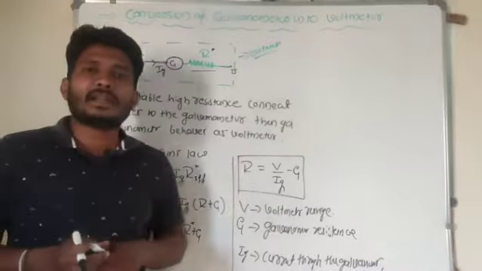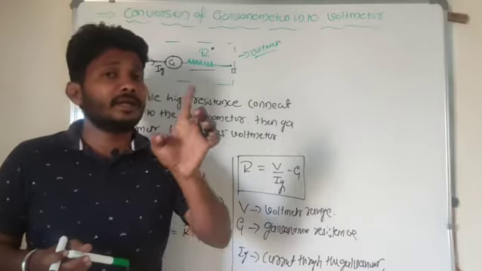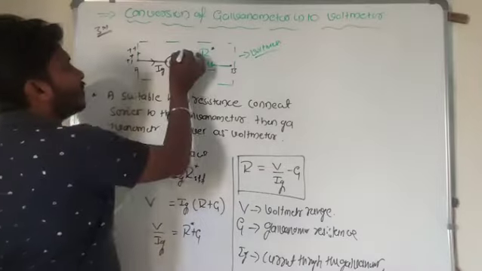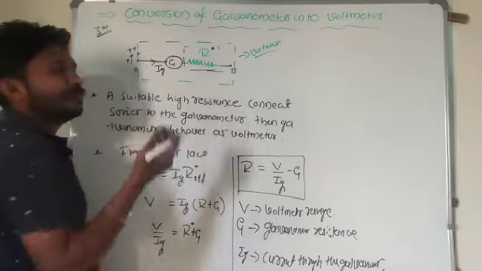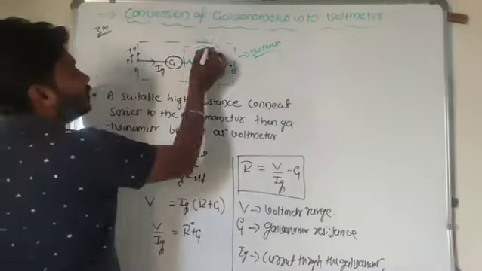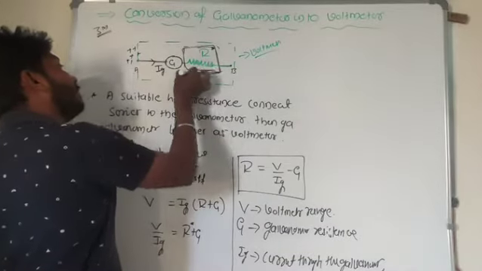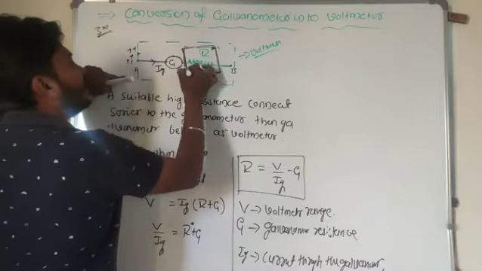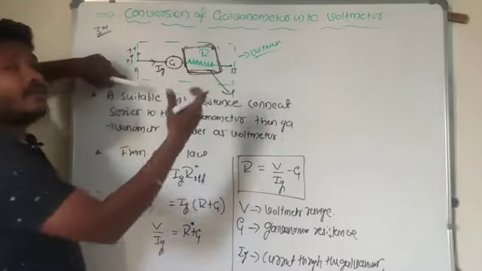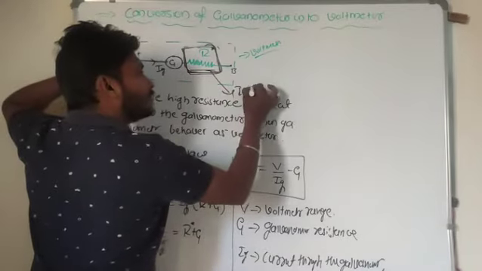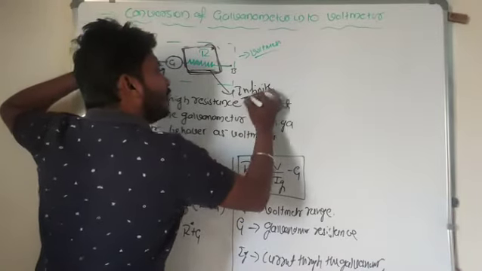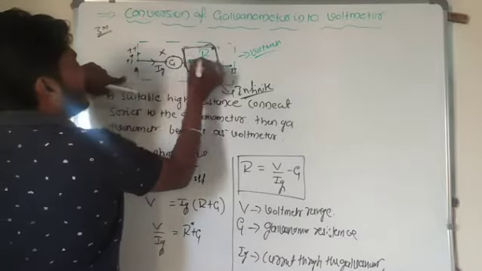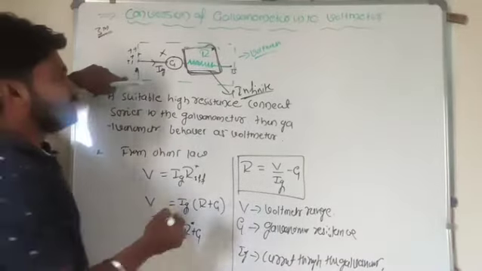In case of ammeter, I said ideal resistance of the ammeter is 0. Then in the similar way, what is the ideal resistance of the voltmeter? It means what should be the maximum possible high resistance value. Look at here, between A and B current is not flowing, means what must be the high value possible here? Infinite resistance I need to connect. If the resistance value is infinite, then current will not flow from A to B.